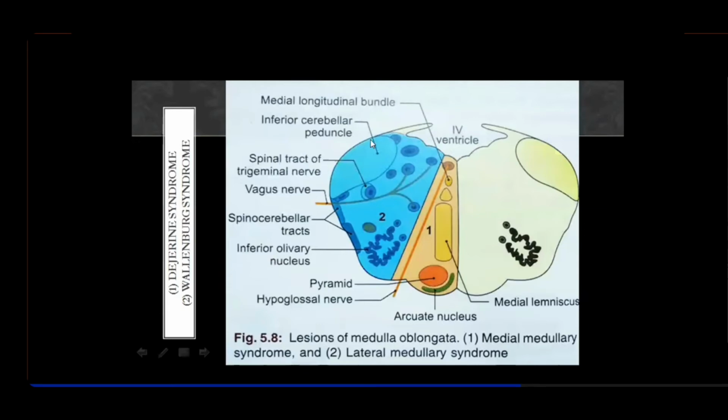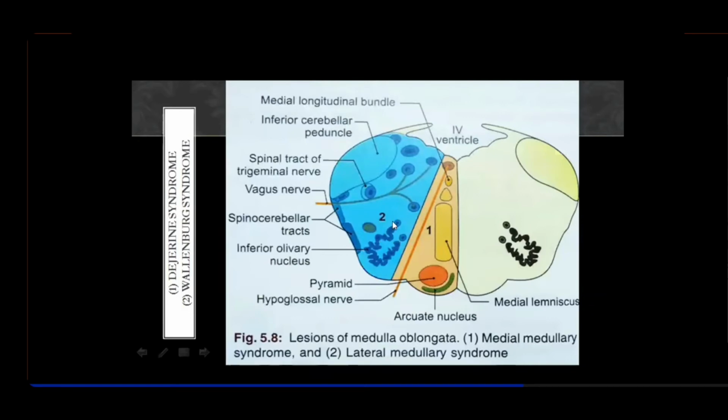Now look here. If this artery undergoes necrosis, thrombosis, or hemorrhage, whatever the reason, and this perfusion is blocked, that leads to lateral medullary syndrome, which is called Wallenberg syndrome. There was a question regarding this. Wallenberg syndrome has come up in PG exams. So what will happen in Wallenberg syndrome? It is very easy: if you have studied all these structures here, you can easily guess the symptoms.